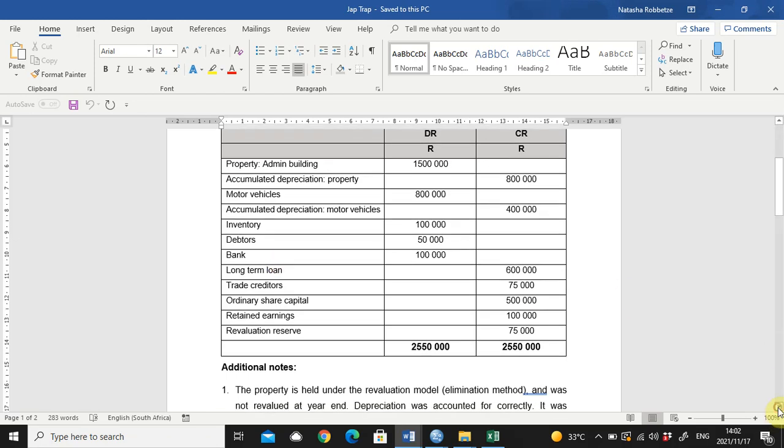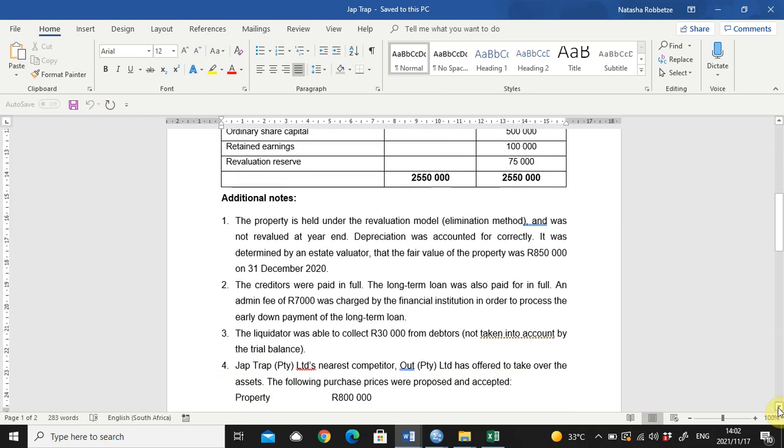When we read the additional notes, note number 1 says the property is held under the revaluation model and they used the elimination method, and it was not revalued at year end. Depreciation was accounted for correctly. It was determined by an estate valuator that the fair value of the property was 850,000 Rand on the 31st